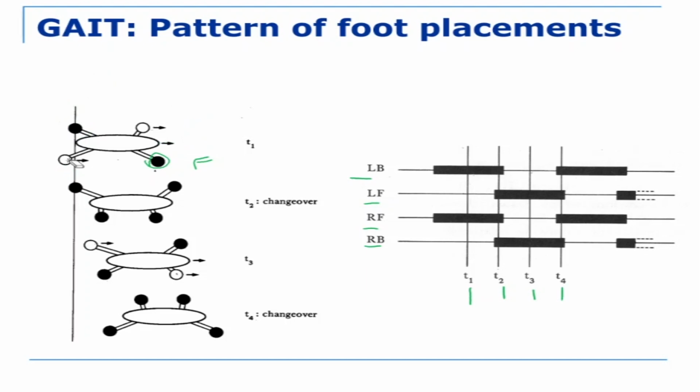Now it has started off with two legs in air, this and this are in air, so only the right front and the left back are on the ground. It is marked by black, this and this. These are in air, so they are not marked. Next, at the next instant of time, all four are on the ground, so it is all black here. Then the diagonal, so this was like this, the next one becomes like this. These two are in air. Then all four are on the ground, then again two are in air, and then they are on ground.